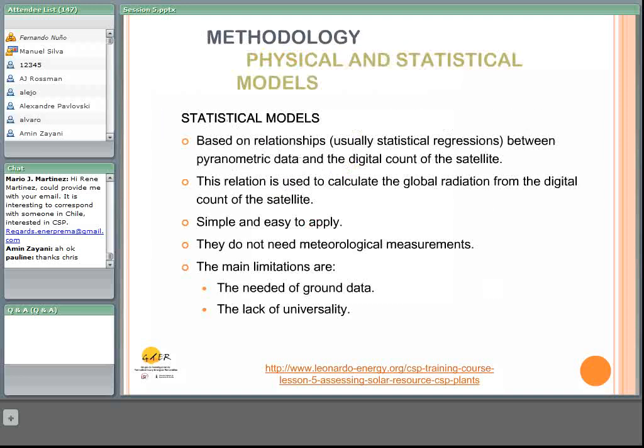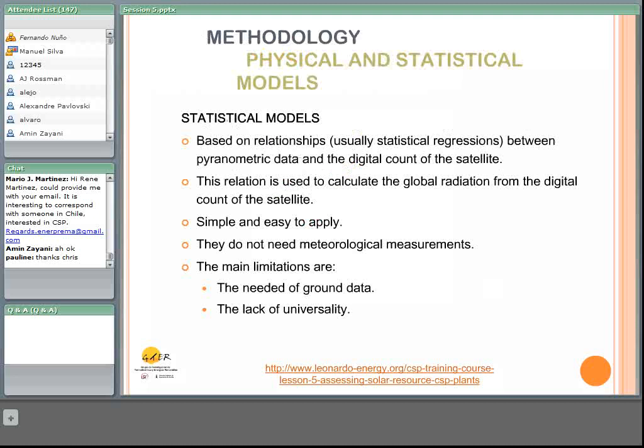For the statistical models, normally what you do is adjust them with data measured on the Earth's surface, and you adjust some types of regression models between this surface measured data and the digital count of the satellite. These models are relatively simple and easy to apply, and they do not need meteorological measurements,